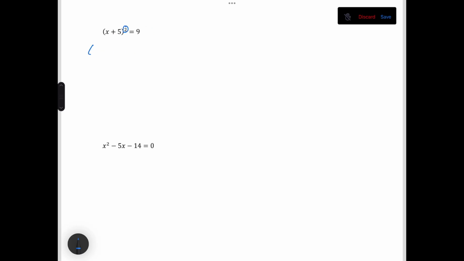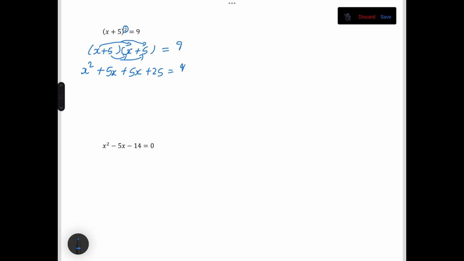Okay, let's try the next one. Now some of you write x plus 5. Remember there's a square there, so we write it out twice. We write x plus 5 times x plus 5 equals 9. And now we'll multiply out our brackets. x times x gives me x squared, and then x times 5 gives me plus 5x, and then 5 times x gives me plus 5x, and 5 times 5 gives me 25,